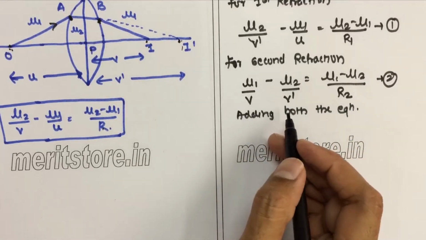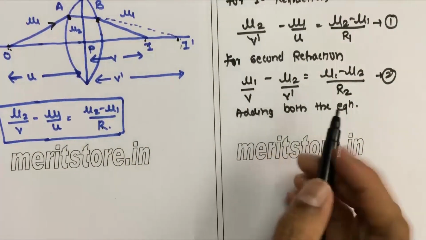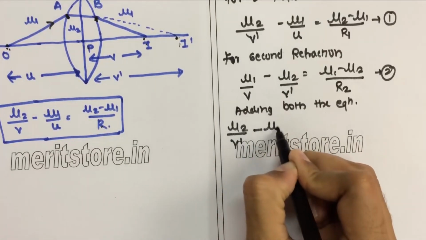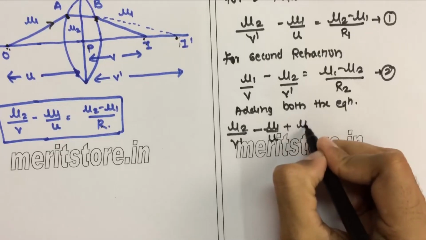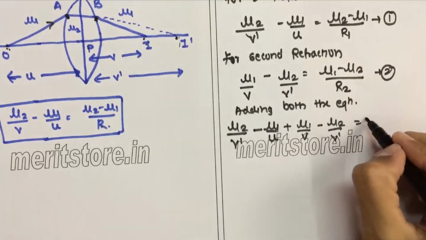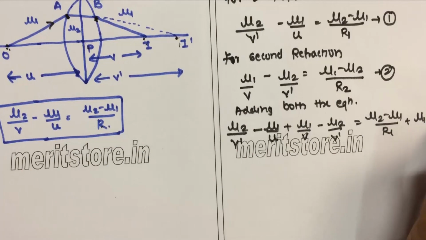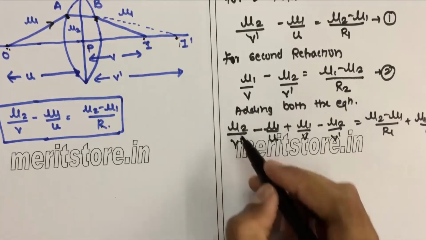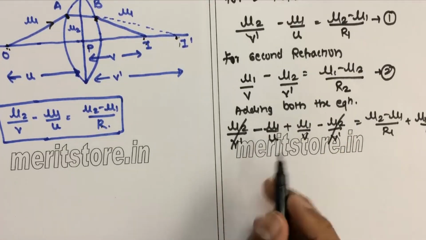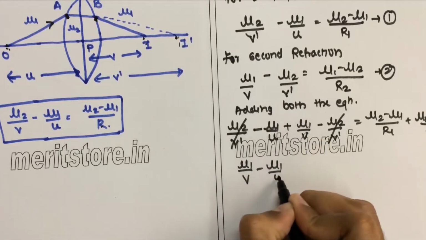what we get is, we'll add this part and then this part. So we should get something like this: mu2 upon V dash minus mu1 upon U plus mu1 upon V minus mu2 upon V dash, which is equal to mu2 minus mu1 upon R1 plus mu1 minus mu2 upon R2. Here the two common terms, mu2 upon V dash, plus and minus, will get cancelled, and all we get is mu1 upon V minus mu1 upon U,